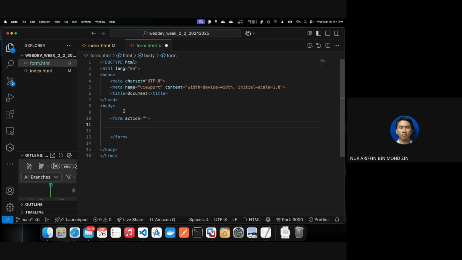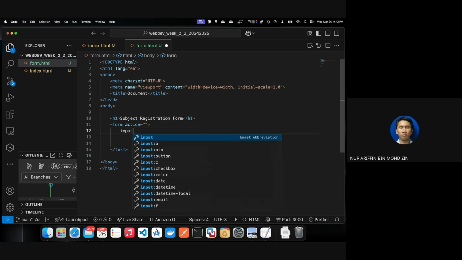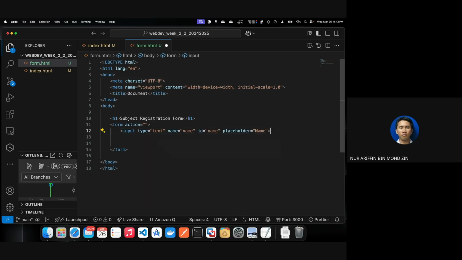Okay, let's say I want to have a subject registration form, in an H1: subject registration form. So first of all, I want the user to fill in name. What I can put is input and then press enter, type text. Something like this. Input type equal to text, name equal to name, ID equal to name, placeholder equal to name. So let us see